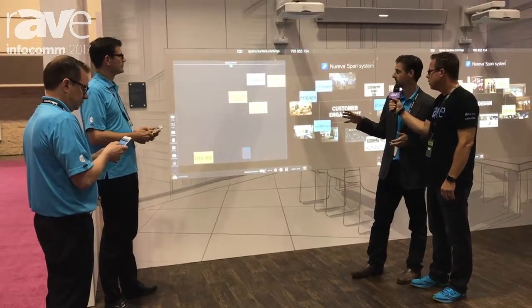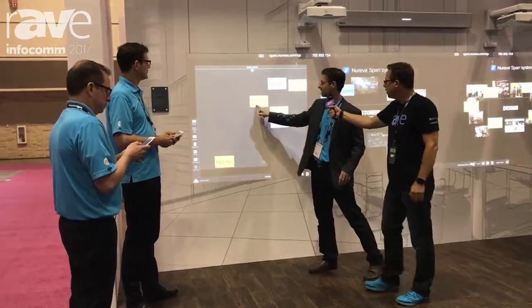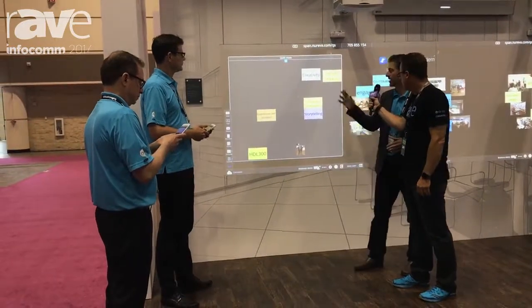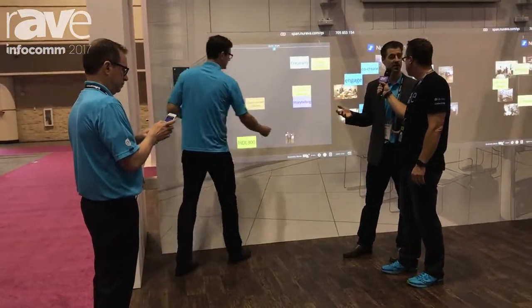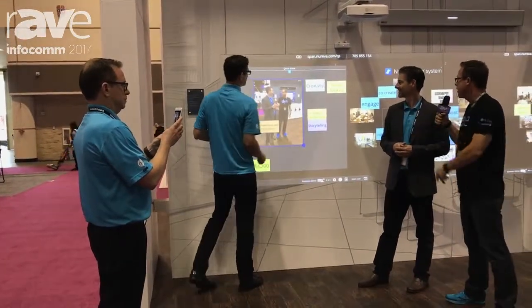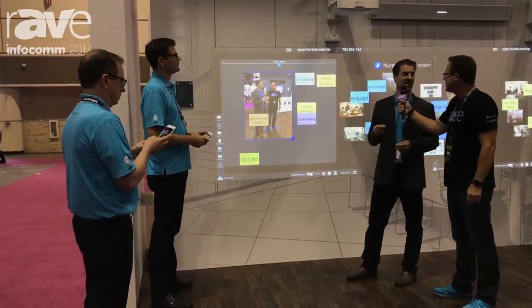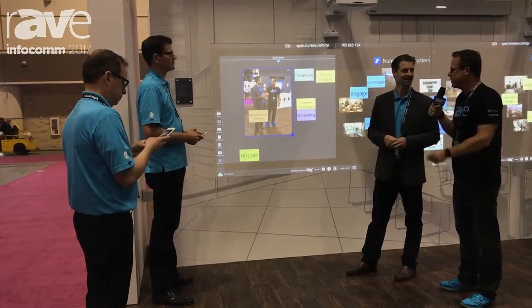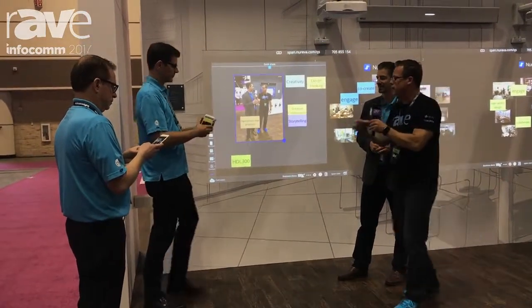Once it's in the QuickShare session, you can see it's all interactive. It's all very flexible, and now we have it in the context of the overall Span session that we've been working on. He took a picture of us and put it up there that quickly. Yeah, exactly. It's ad hoc, it's fast, and it's simple. Wow, that's really neat. Can I see the interface on the phone? Sure.